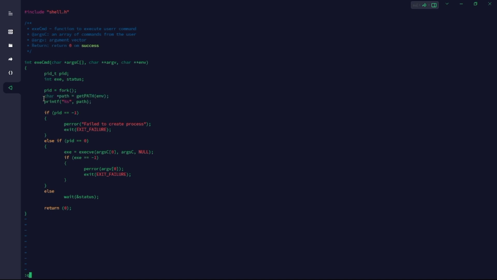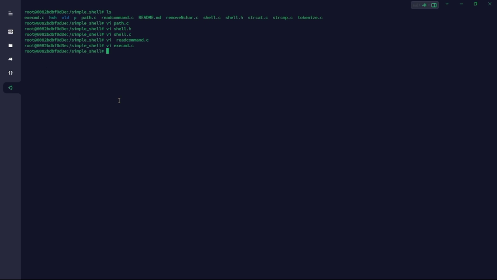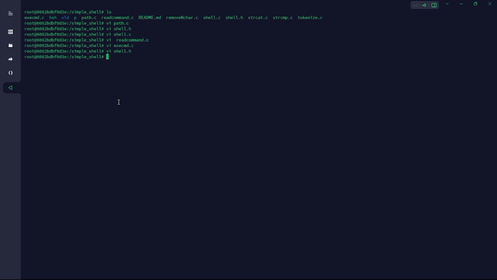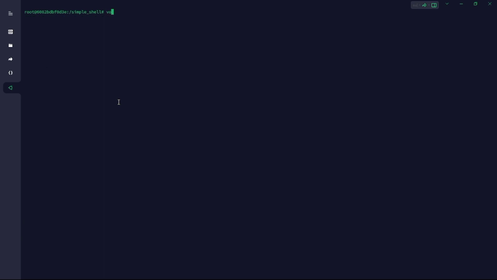What I'm doing now is passing the environment variable from the entry point around the program so that my get path will be able to access it, and every other function that's going to make use of the environment variable will be able to access it. Now the environment variable has been passed to every part of the function. It's time to write the get path function, the function that is going to extract the path